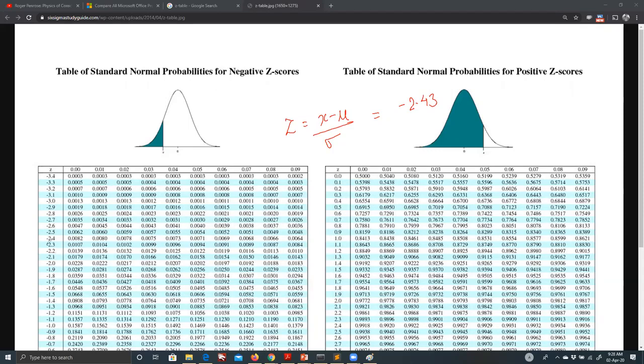So you will scan this. First up to 2.4 you will get here, and for the next 0.3 you will go here and try to find the intersection. So in a lower tail problem, if someone is coming with negative 2.43, what it means is from negative infinity to negative 2.43 sigma, you cover, let's say, 0.75% of the overall population, because that is the borderline condition. You have to understand z will be somewhere here in this case.